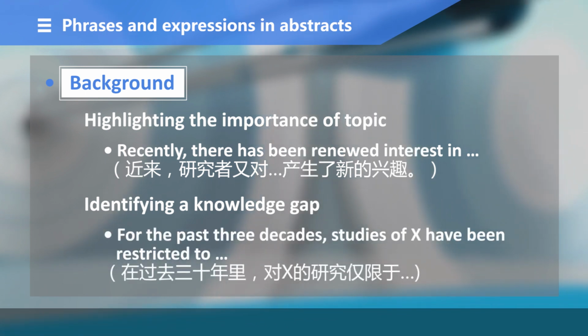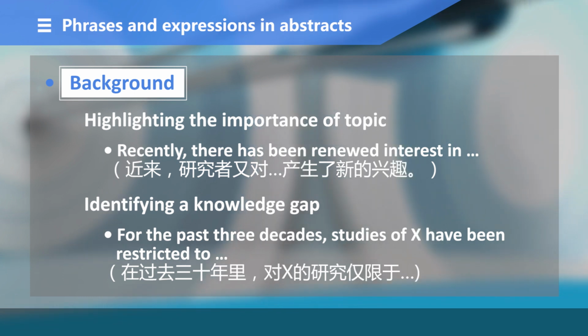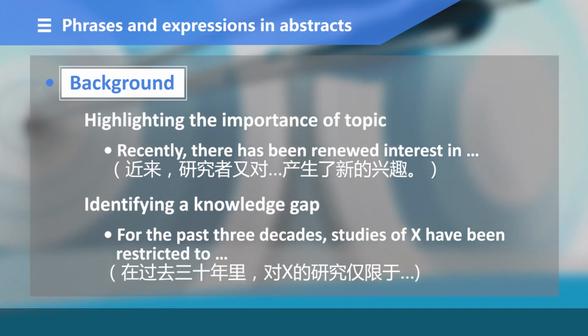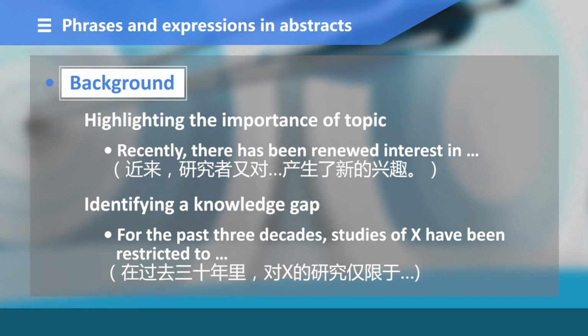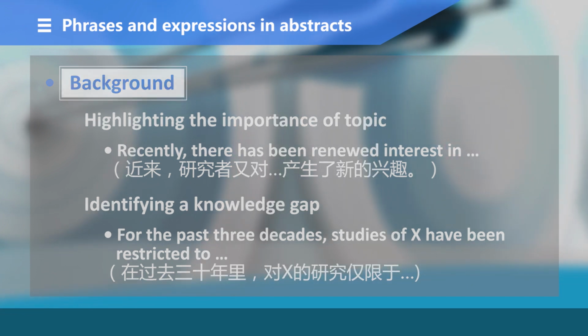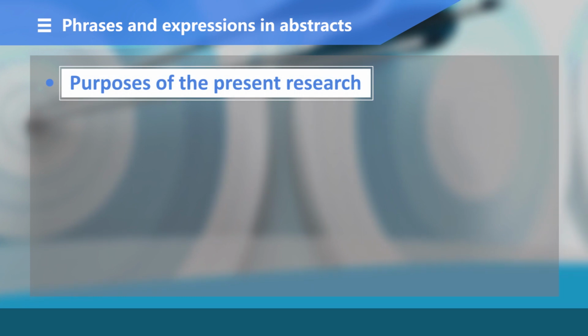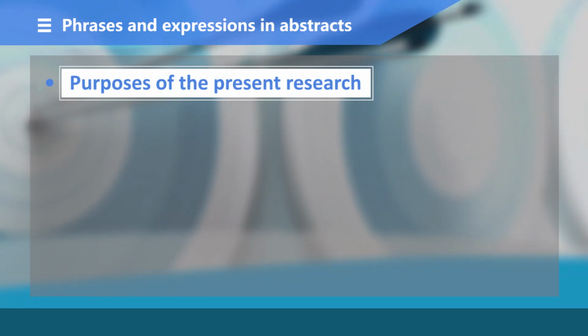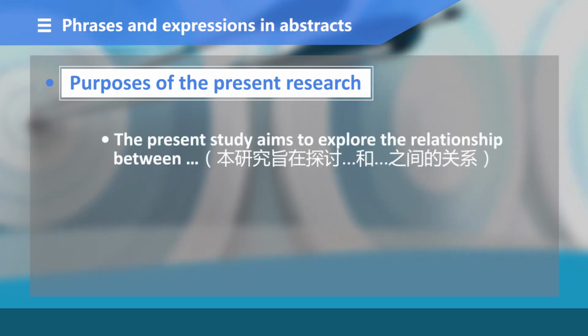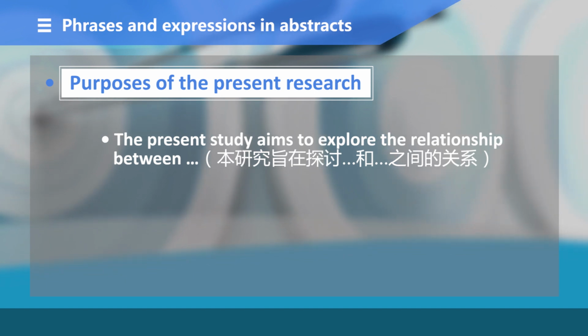the past 3 decades, studies of X have been restricted to. 在过去30年里，对某事物的研究仅限于什么什么。In an abstract, the statement of the purpose of the research is necessary. For example, the present study aims to explore the relationship between